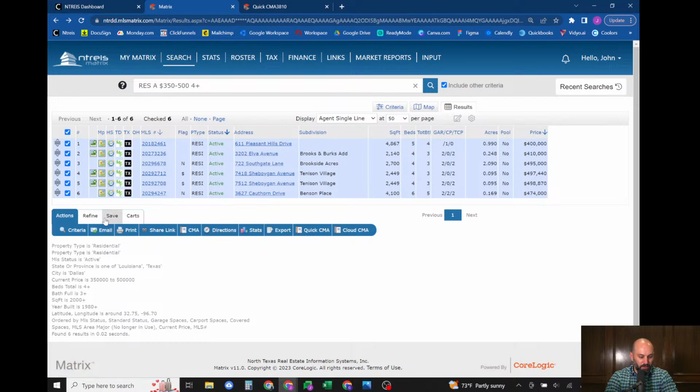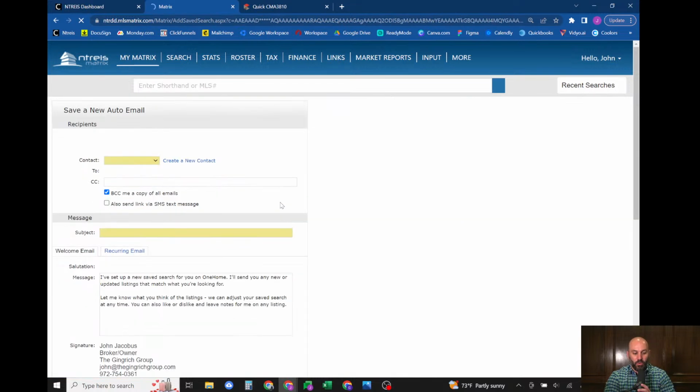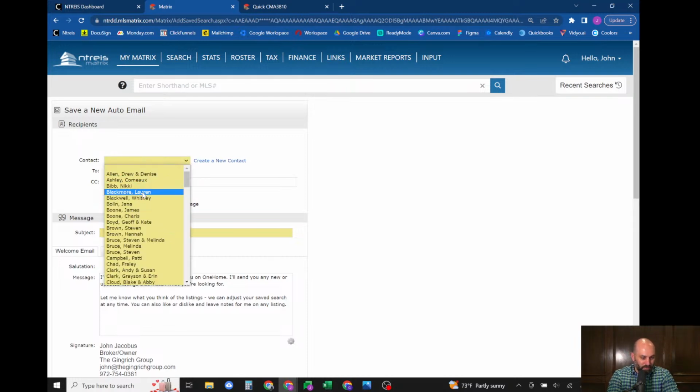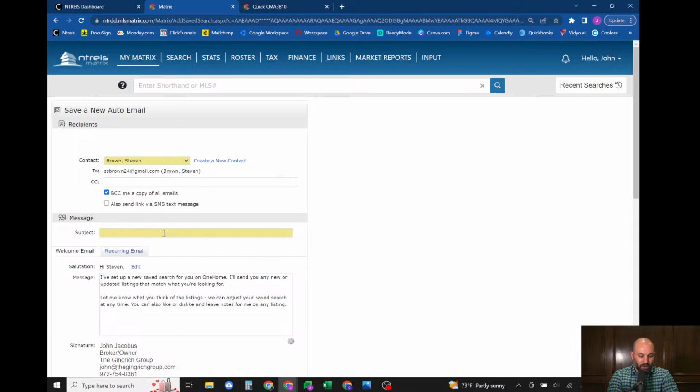And then if you want to save this search and send it out as an auto email, you make sure you have all of these checked, or all the ones that you want checked. I would check all of them. Click save, new auto email. What this is going to do is set up an auto email for one of your clients to where if anything comes up in that area that you outlined with the polygon, it will send it to them automatically. Okay, so let's just give an example here of Stephen Brown,